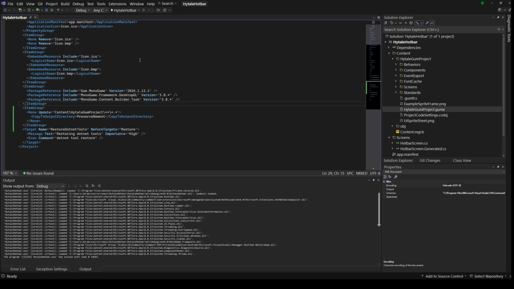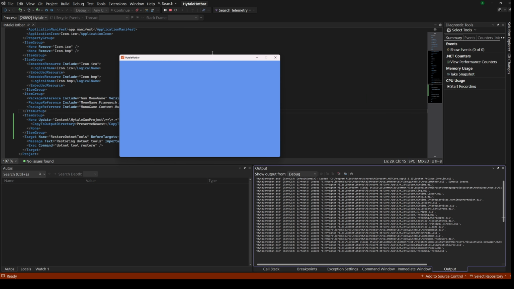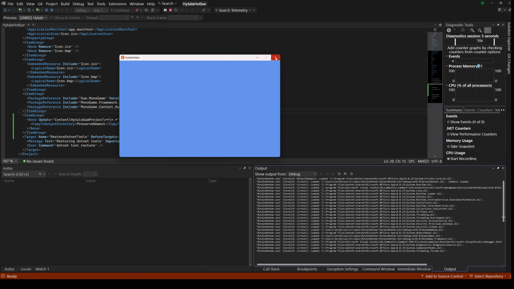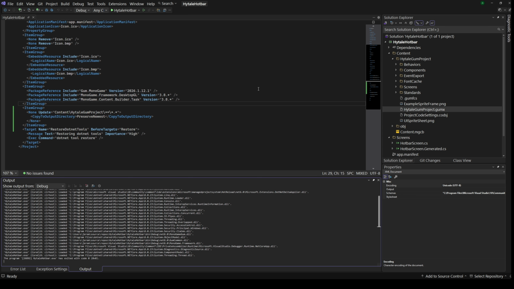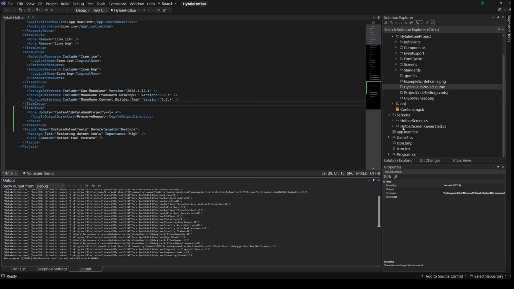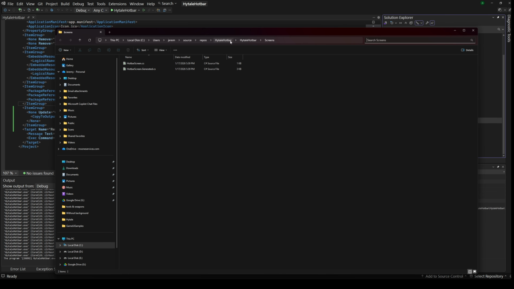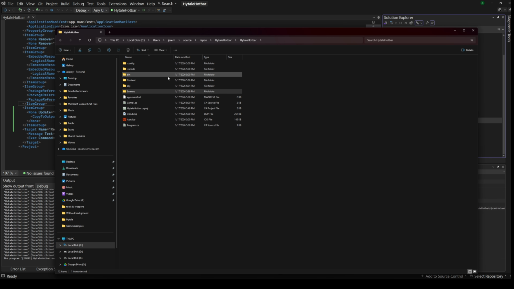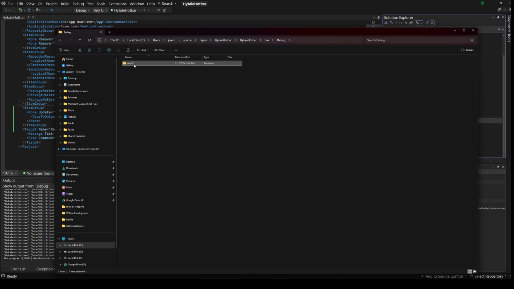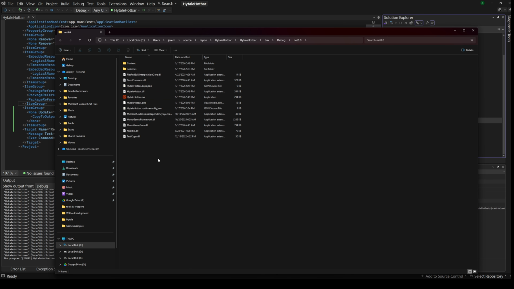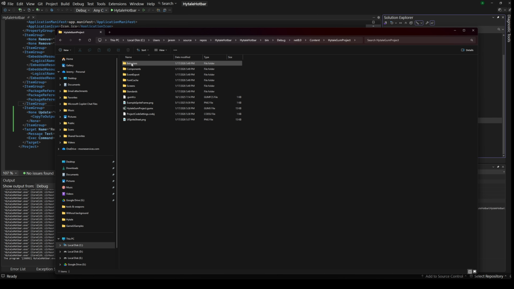Now if I were to run this project, we can see it builds just fine, which is great. But let's go down and look at the output directory. I'm going to right click on one of these files here and say open in File Explorer. And now I'm going to go up to the parent folder, to the bin folder, the debug, net8, and here is where the output is. We can see that in the content folder, we've got our project folder, and it contains all of these files, not just one file. And that's how we know that the